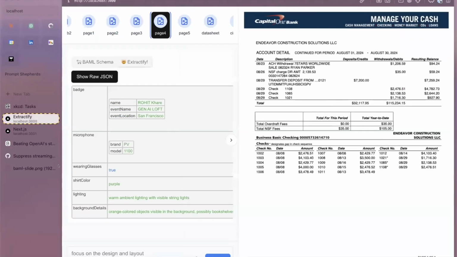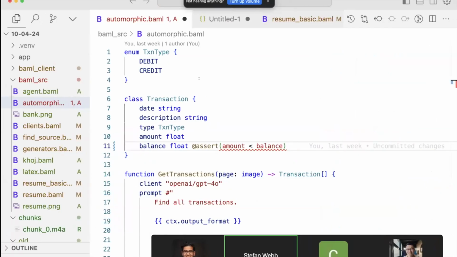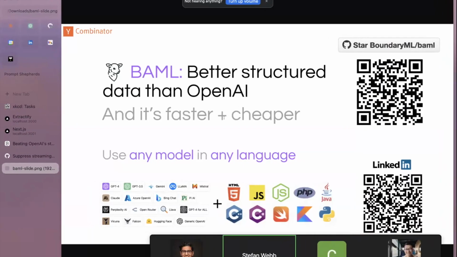I think I'm running out of time, if you guys are interested. Where do you draw the line between adding spreadsheet-like math to this, saying, for example, the account amount is more than 10% of the balance? We could say total number of years of experience in the resume. You can do anything you want. It's a programming language, so it lets you do whatever you want. Yeah, exactly.